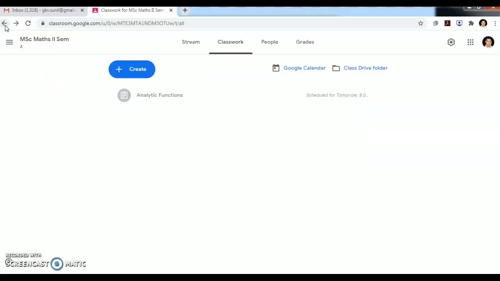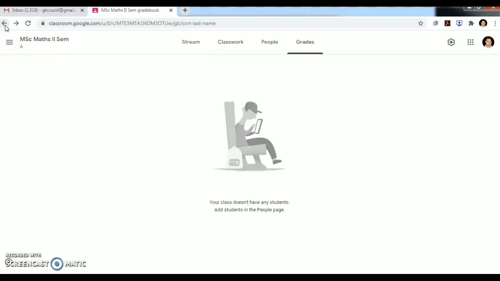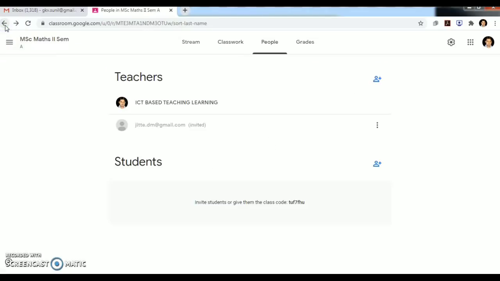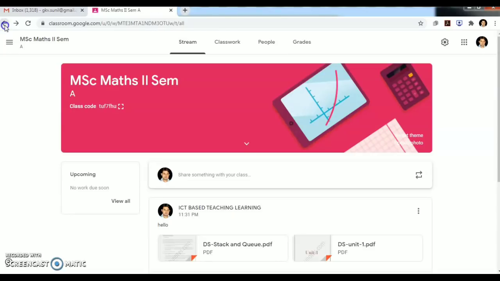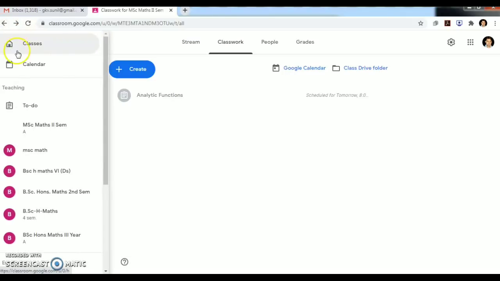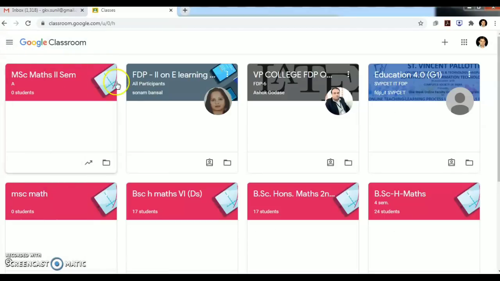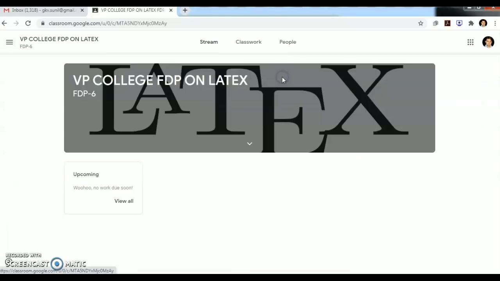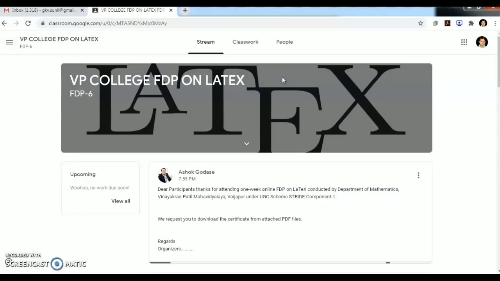Now I will show you an example of how to grade, or how we can see our grading system. For this we go back to the home page. I go to classes. I will show you the grading system. I click on this, in which I have enrolled for some particular FTP on LaTeX.